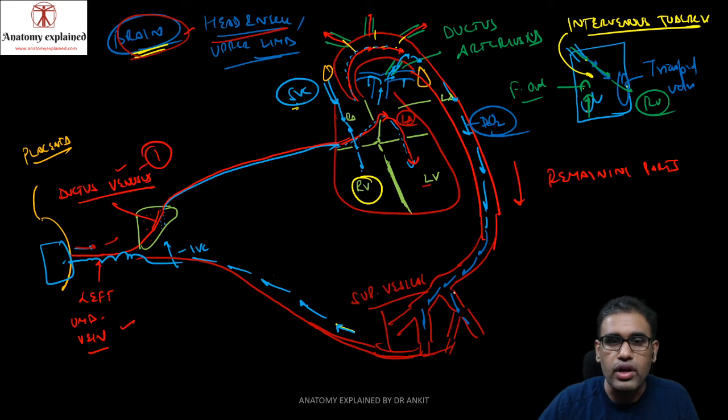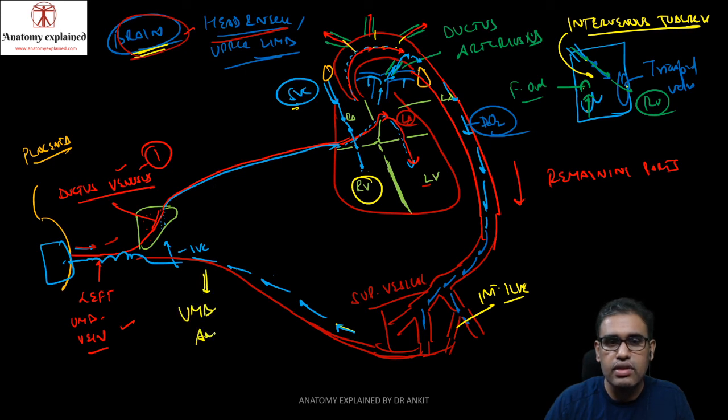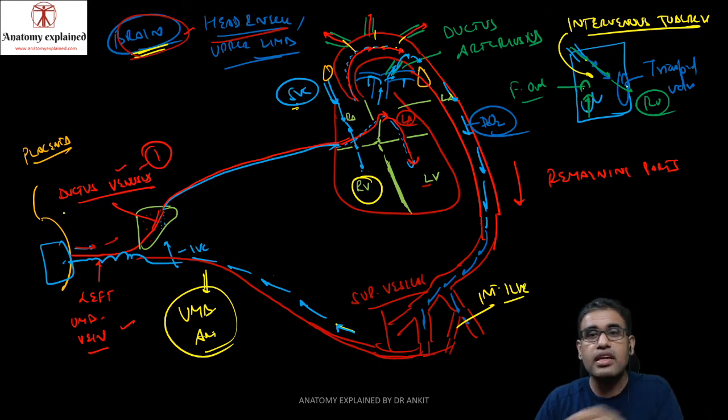of the body. And subsequently from there, the internal iliac artery will give off a superior vesical artery, whose distal continuation is our umbilical artery. This umbilical artery will form part of the umbilical cord. So in the umbilical cord, you have two umbilical arteries carrying deoxygenated blood, and one umbilical vein, on the left side, carrying oxygenated blood. So this is what is happening in the fetal circulation.